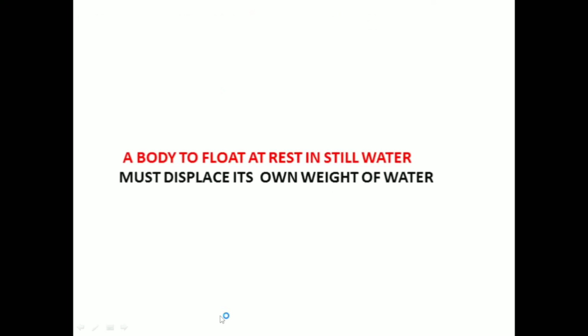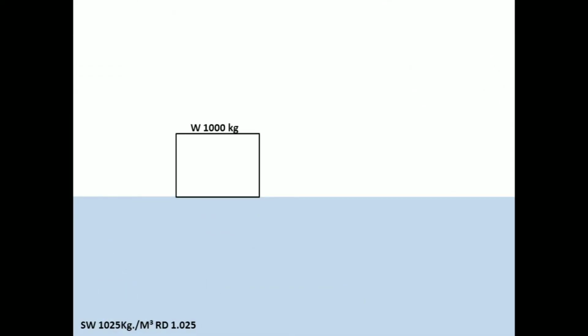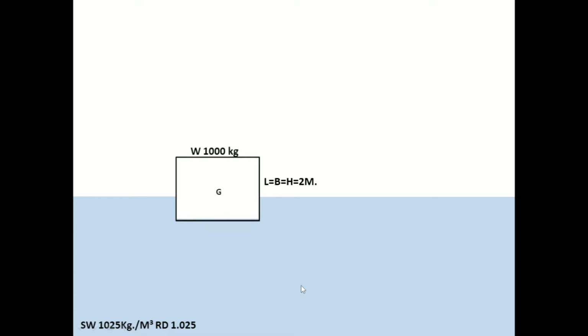Now when a body floats at rest in water, Archimedes said it must displace its own weight of water. And this is what we'll be seeing here. Let us say that this is a homogeneous box weighing 1000 kgs with the dimensions given here. The center of gravity, as we talked last time, for a homogeneous body lies in the center of the body. If it is to float in salt water, whose relative density I have taken as 1025,